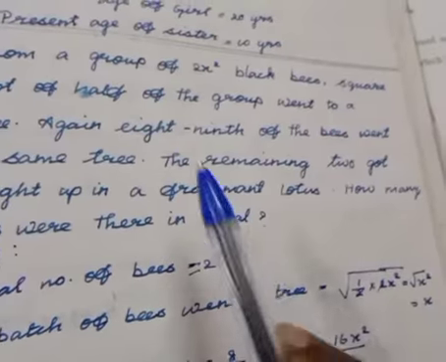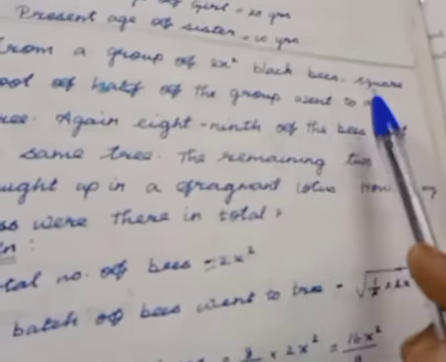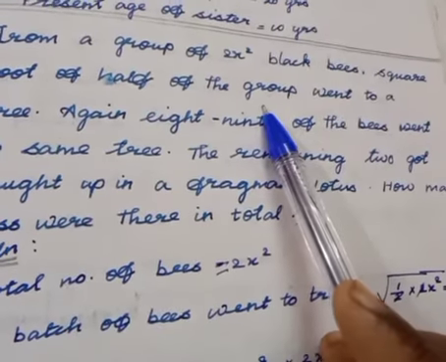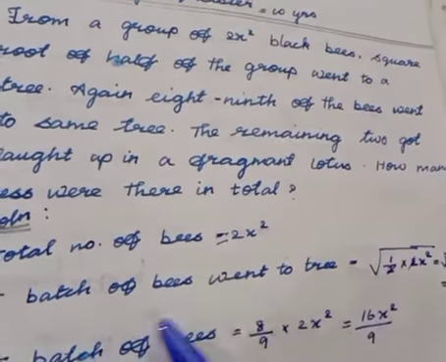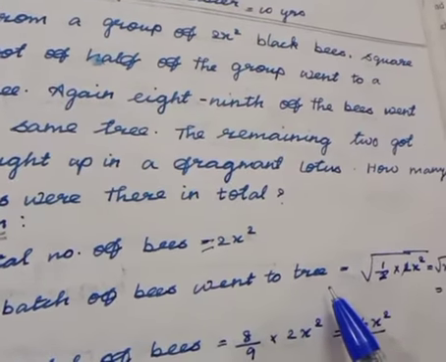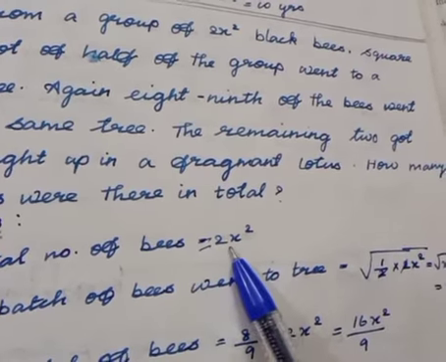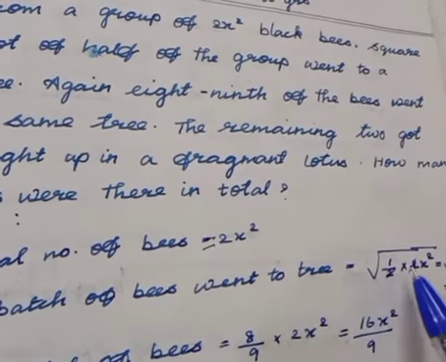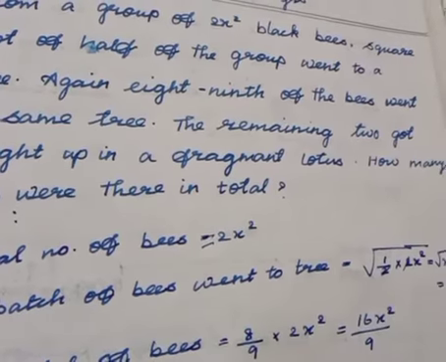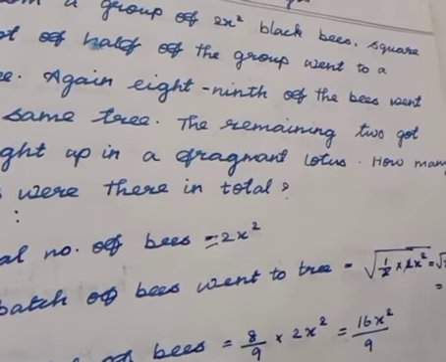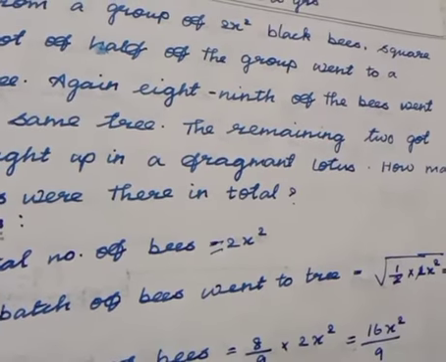From the group of 2x² bees, the square root of half of the group went to a tree. So the first batch, half of the bees went to the tree. That is the square root of half of, what is the total number of bees? 2x². So that is 2 to cancel. After cancelling we have root of x², then the square and square root cancel. That is equal to x. Then